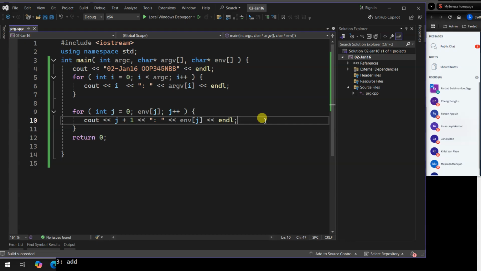It is not counted. It is not weighted. It has nothing to do with your OOP345 mark. Okay? And I will remove it completely after we are done. Okay, so that's that. Questions? Suggestions?